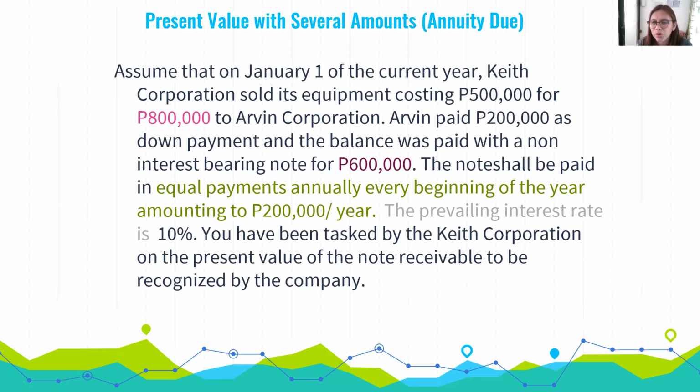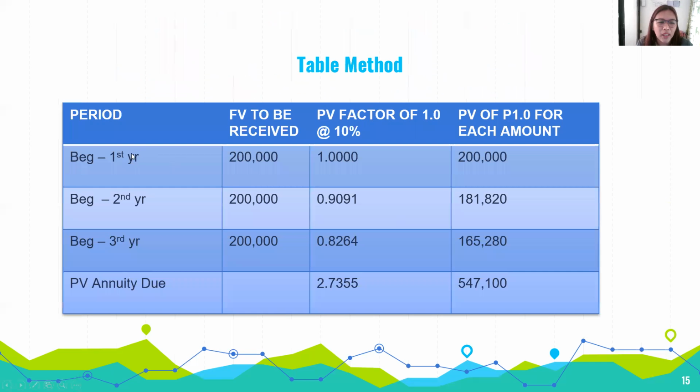Annuity due. With annuity due, it's beginning of the year. Right? With ordinary annuity, it's end of the year, this one is annuity due. That's the only difference. So, what will happen? On the first year, because it's beginning of the year, plus this is present value, not future value. So, it means at the beginning of the year, the 200,000 is just the same as the value. Because that's already the beginning of the year, right?